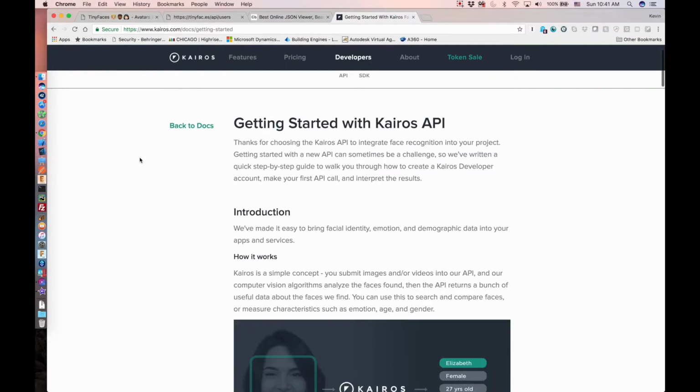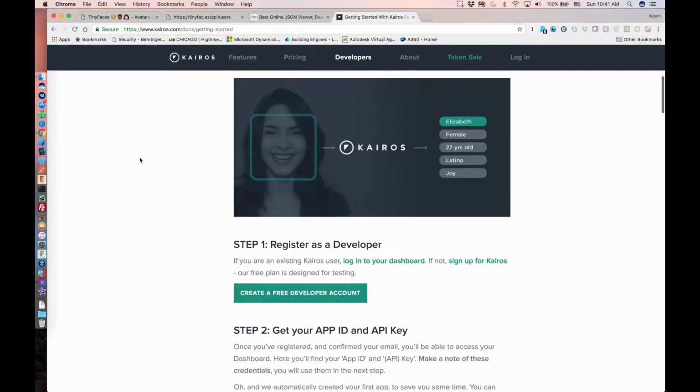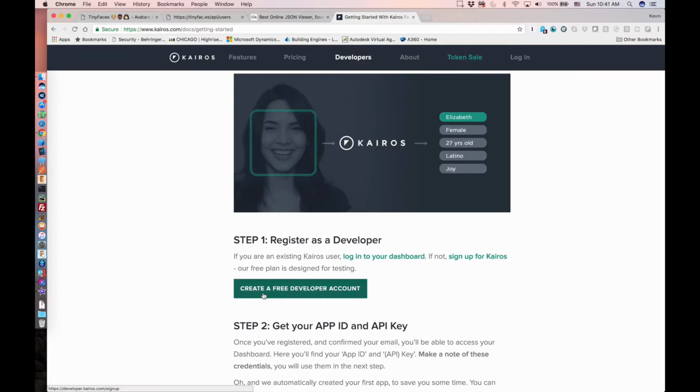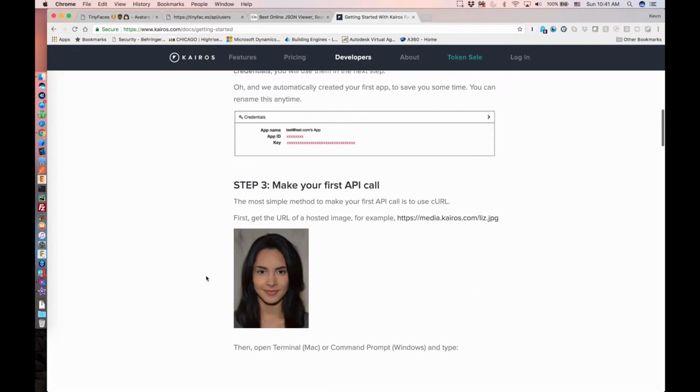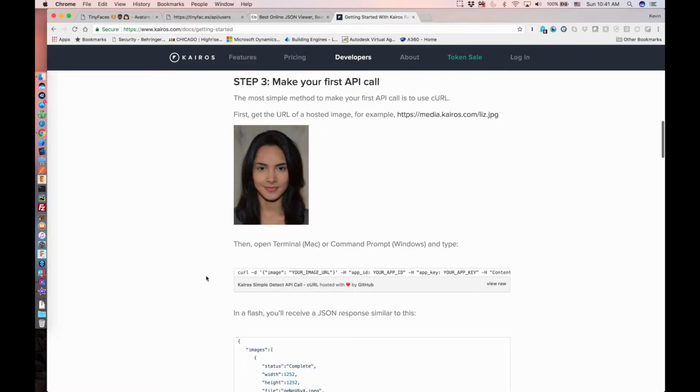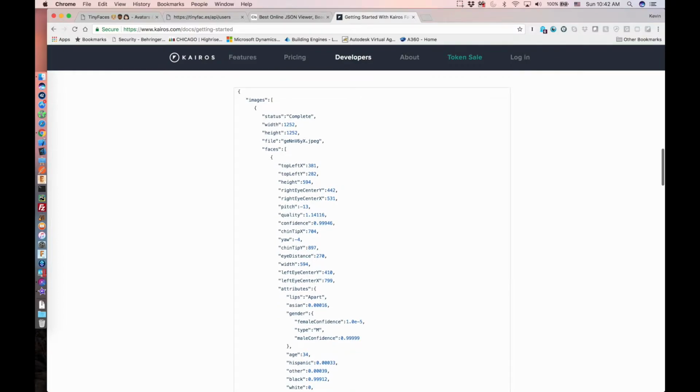If you go online, go to this website, and if you can scroll through the developer information, go ahead and create a free developer account, and you'll get your app ID and key. You will need to plug those in to your constants Python file. And then we'll see in a minute, but once we get a JSON